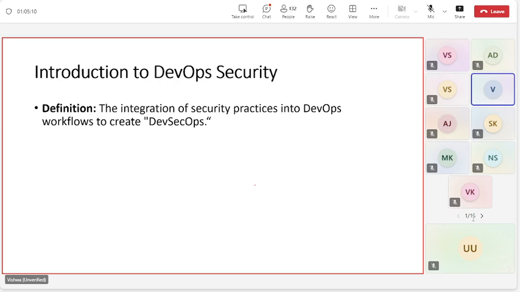What do you mean by security? Why is security in DevOps important? Now, if I don't put in security, which I have not shown in the pipeline, I just added a repository and added some files inside that.